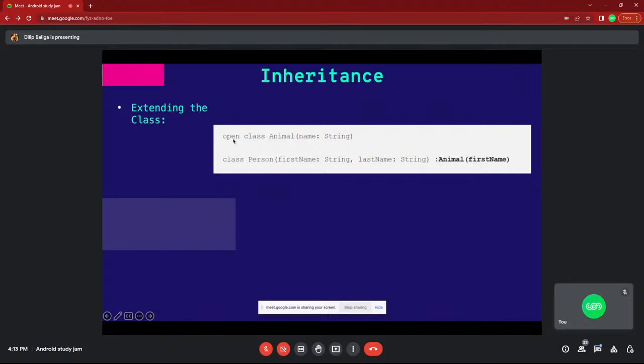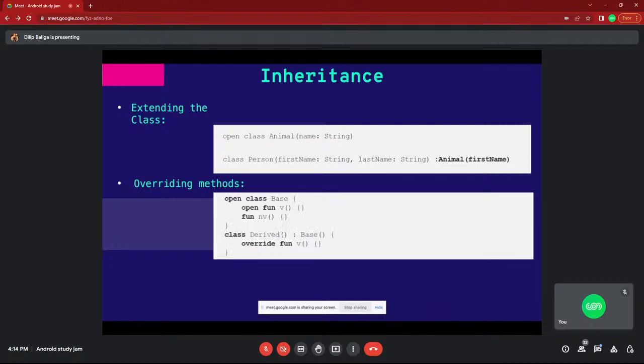Here what I did is I created the animal class and a person class, and I specified the open keyword so that I can extend the animal class. I'm passing the first name directly to the parent class so that it will call the parent class. That's it. Simple example.